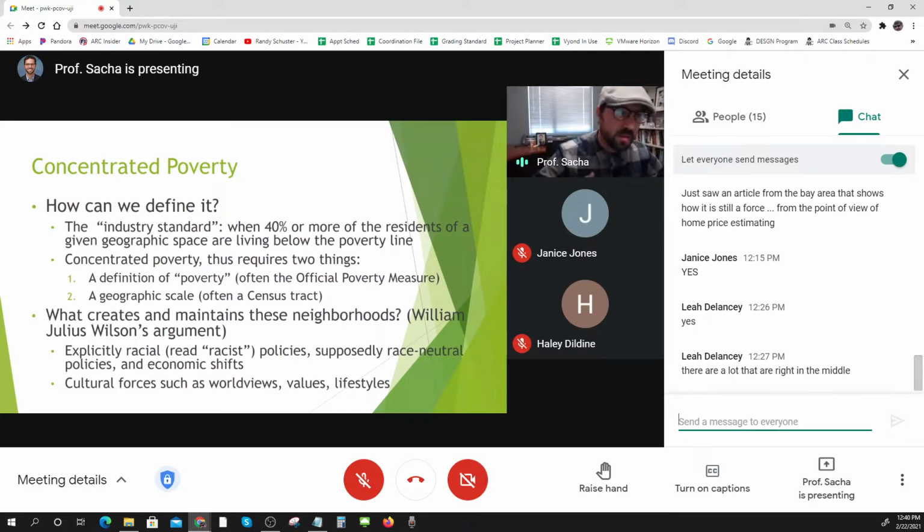Once you hit that 40% mark, social institutional health starts to look different, okay? This 40% mark wasn't just something where we threw a dart at a board and said, well, I guess it's 40%. This is based on the aggregated data and the findings of urban scholars for decades, okay?